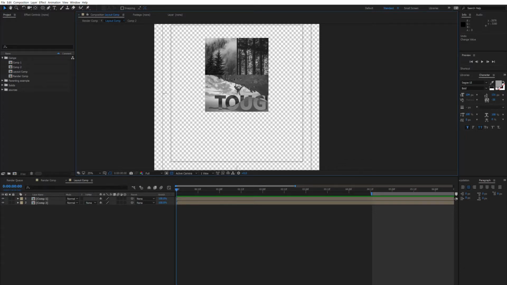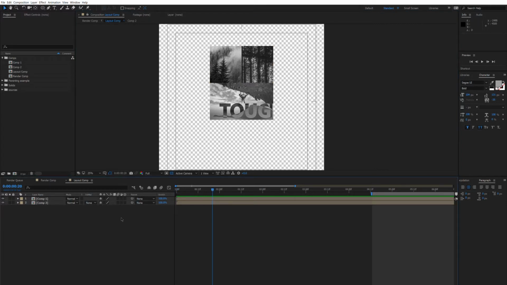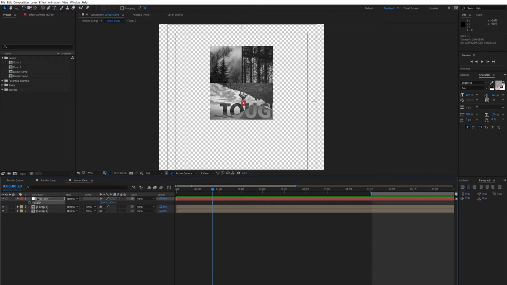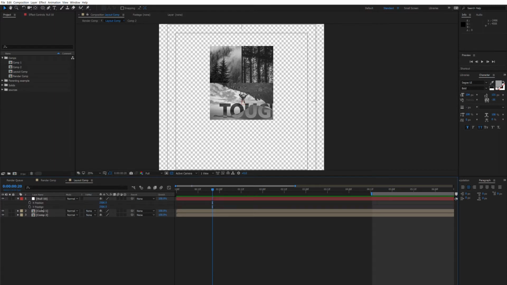So let's set up our first movement on a null so that we can transition from our comp1 to our comp2. So let's create a new null, bring up the position values, and separate dimensions. So at the beginning of the timeline, we want to set the stopwatch for the Y position and go forward